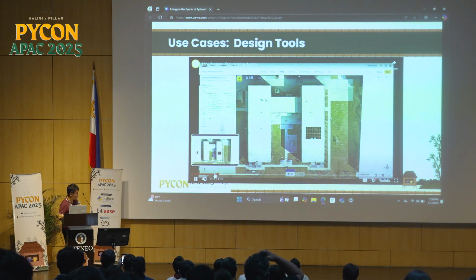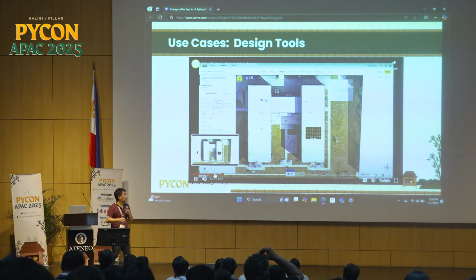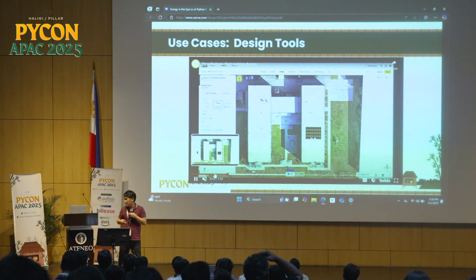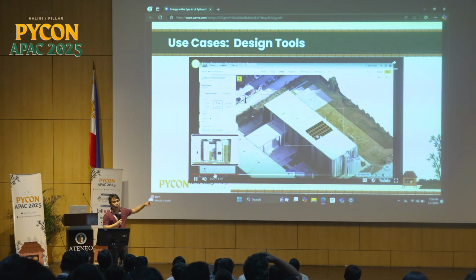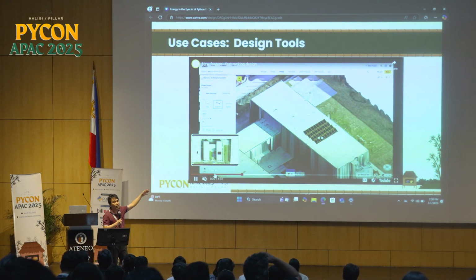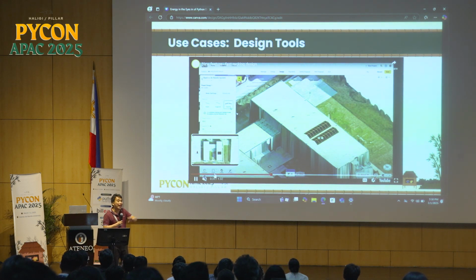So what happens here is that you have, let's say, Python. We've built a design software wherein you can place your solar panels on top of your rooftops, and you're able to identify how much energy you get. From this, you'll be able to select the type of solar panel, and it does its computation behind the scenes.